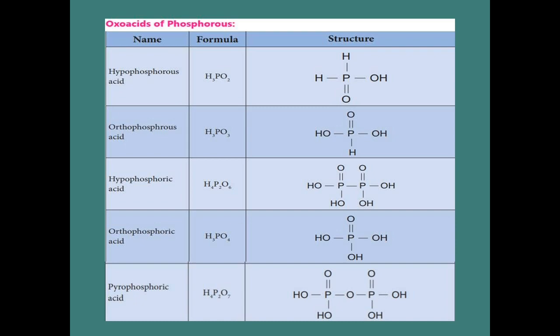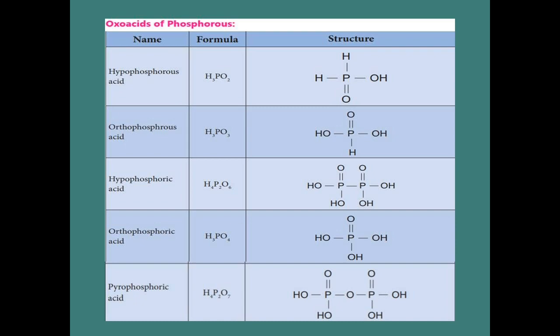The next one, hypophosphoric acid, formula H4P2O6. We start with the 2 phosphorus, centrally we put 2 phosphorus. Around that, see how many bonds there are: 5 bonds. So the 2 phosphorus possess 5 bonds, and 2 oxygens possess a double bond, so it is also satisfied. How many oxygens remain? 4 oxygens. Those 4 oxygens form a single bond with the phosphorus and one more single bond with the hydrogen. So it is also satisfied. The next one, orthophosphoric acid, formula H3PO4.